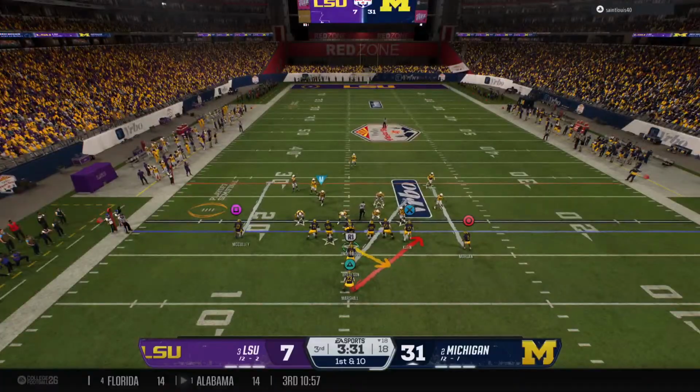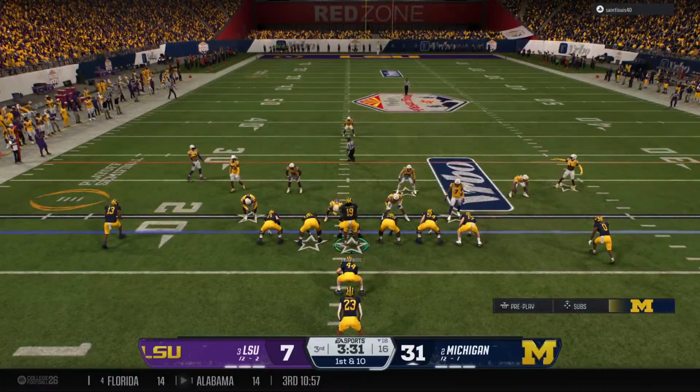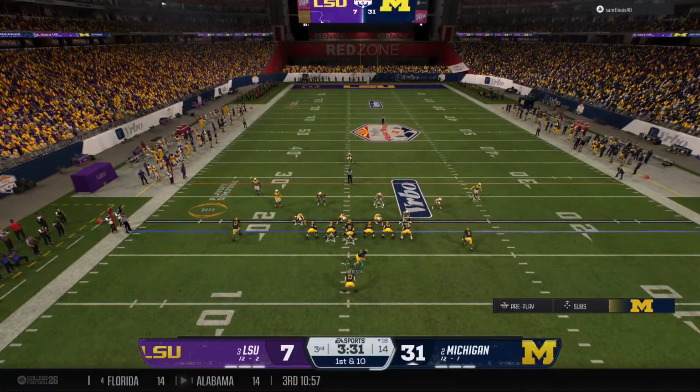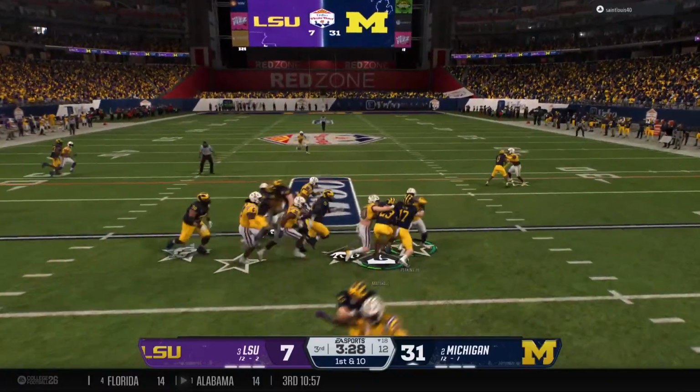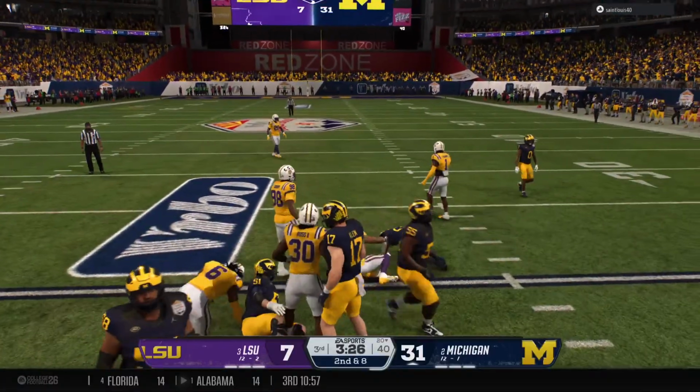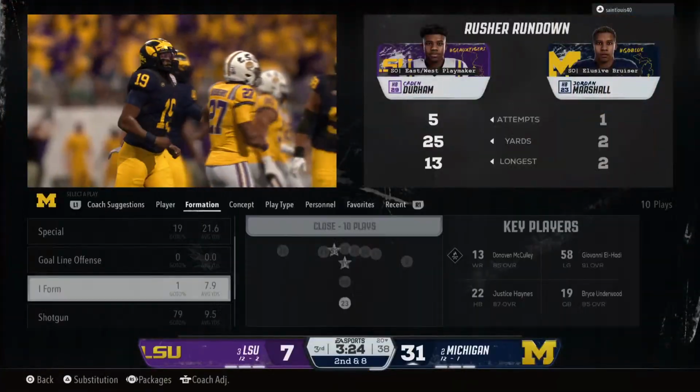Offense out there for the first play of this drive from the 18. Handoff running right. Picks up 2, so it's 2nd and 8.